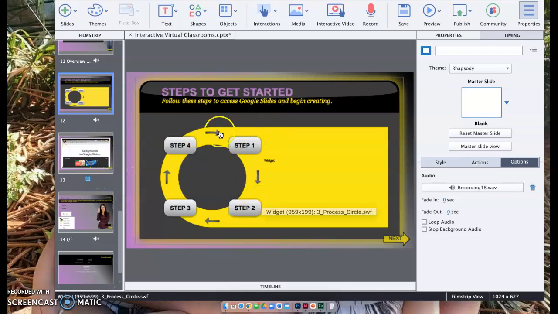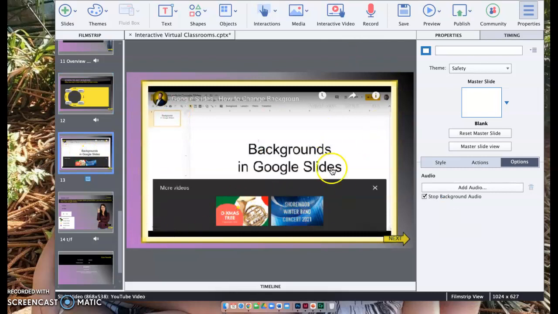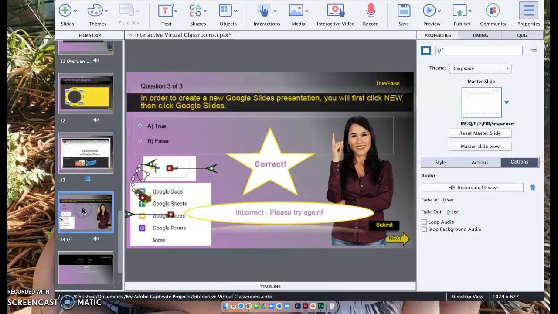And then after the widget slide, I did add a YouTube video. I embedded it, and it will automatically play to show users how to create or edit their Google Slides backgrounds. And then I also added another true or false question, except this time I added some graphics and a little arrow. I played around with the different pathways for the animation there,